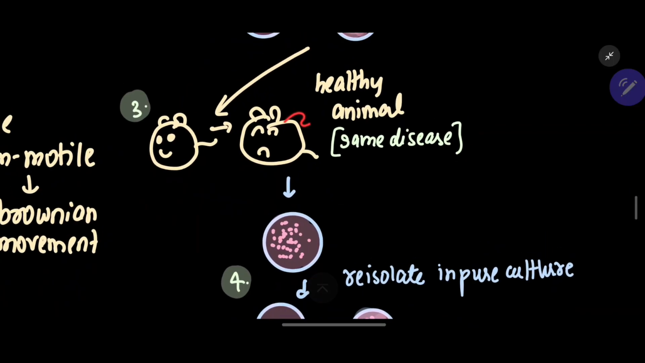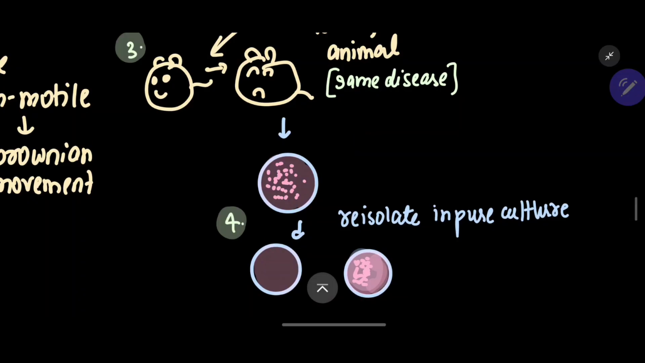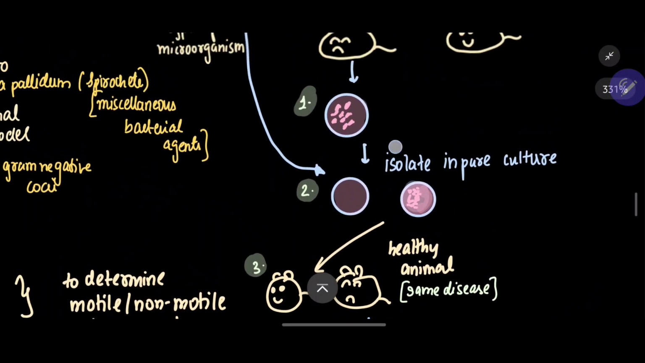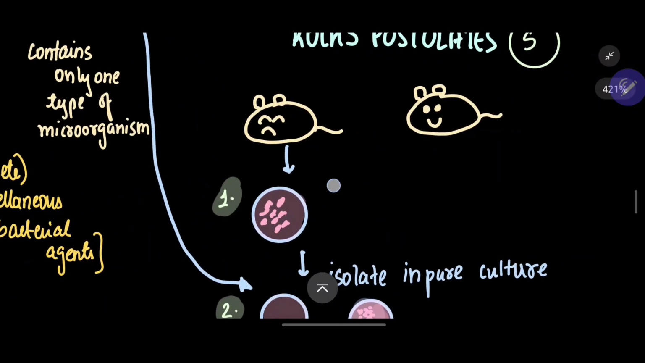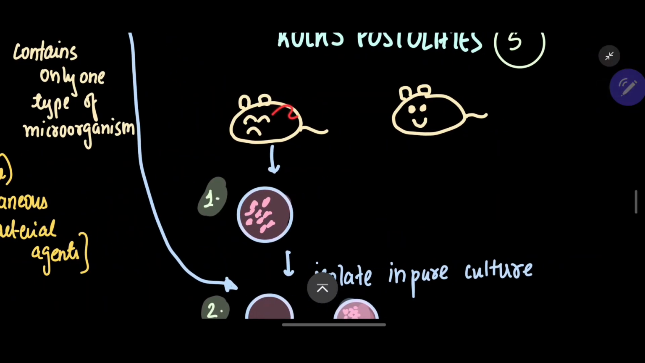Now the last postulate: now this one also became sad. Now it should be possible to re-isolate this in pure culture. Okay, so whatever lesion this animal has now, if we take this again, we should be able to re-isolate this in pure culture. So, revising all of these, the first one is that the microorganism should be constantly associated with the